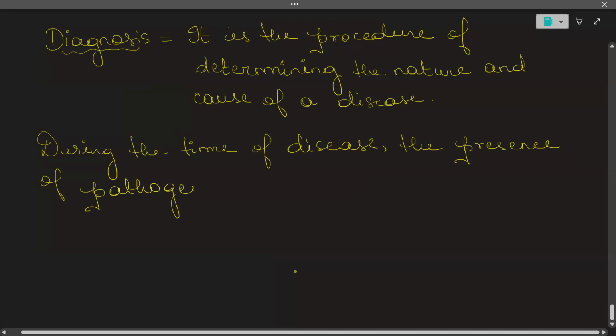Now this pathogen can be anything. It can be a bacteria, it can be a virus, it can be a worm, etc. Anything, right? So the presence of the pathogen is detected